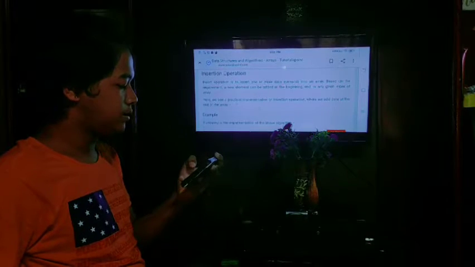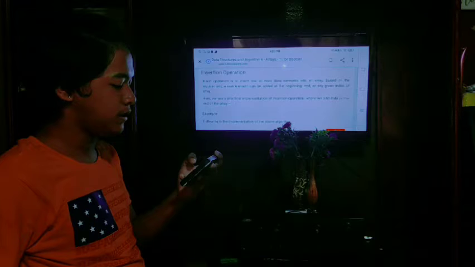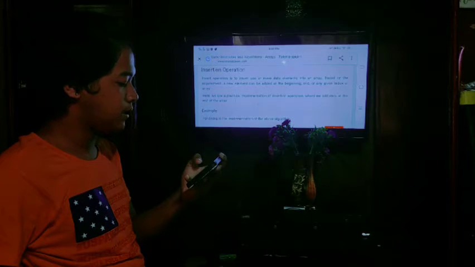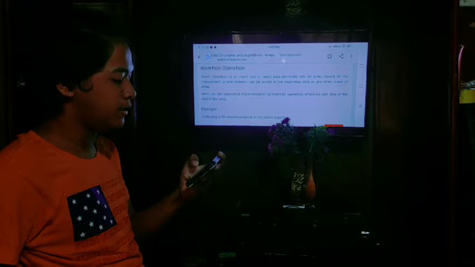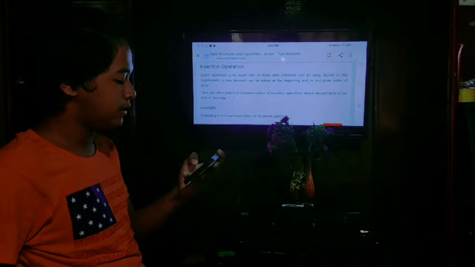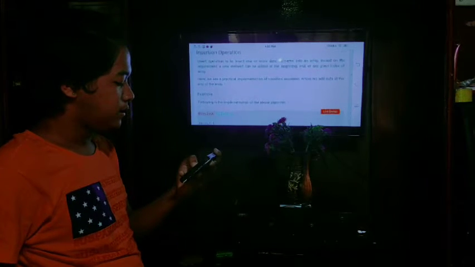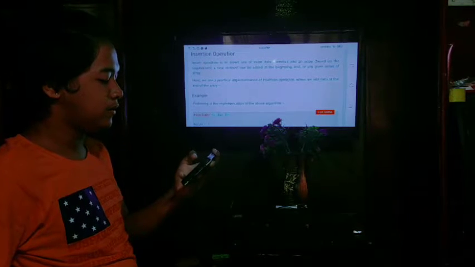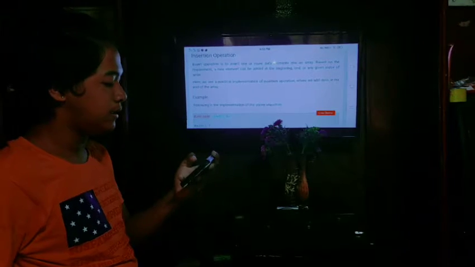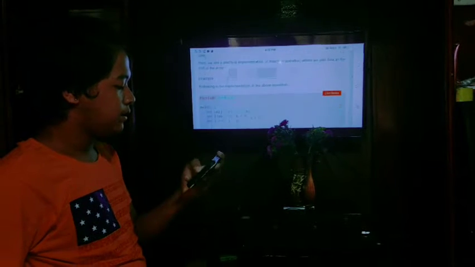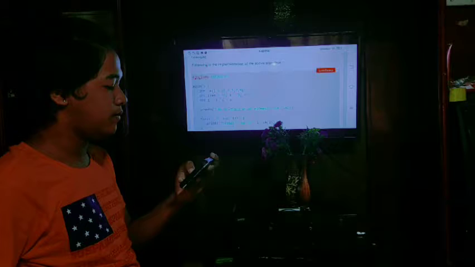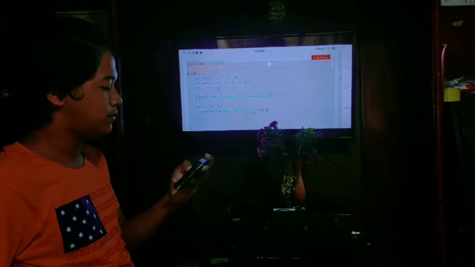Insertion operation. Insert operation is to insert one or more data elements into an array. Based on the requirement, a new element can be added at the beginning or a given index of the array. Here we see a practical implementation of insertion operation where we add data at the end of the array. Following is the implementation of the above algorithm.